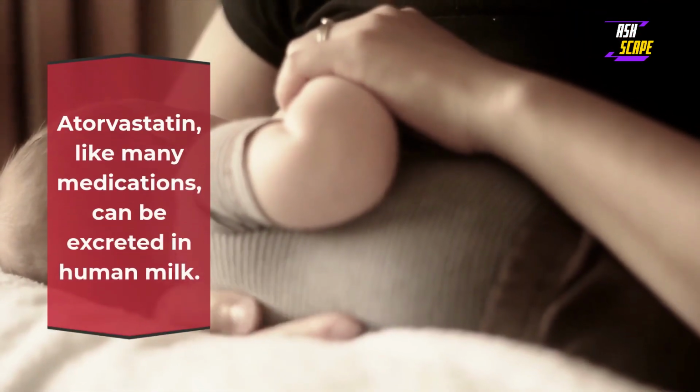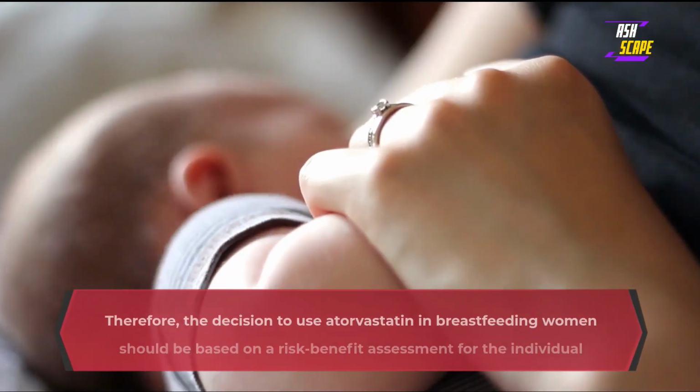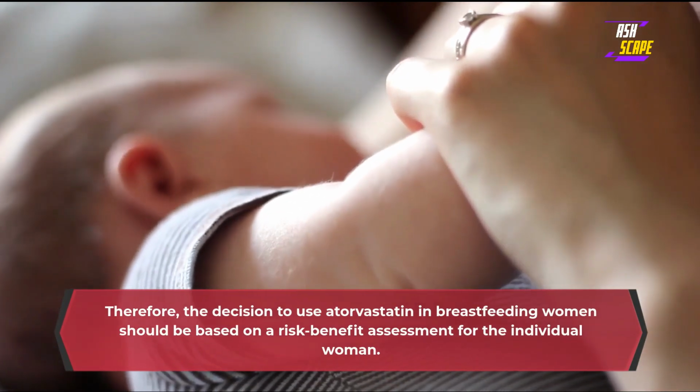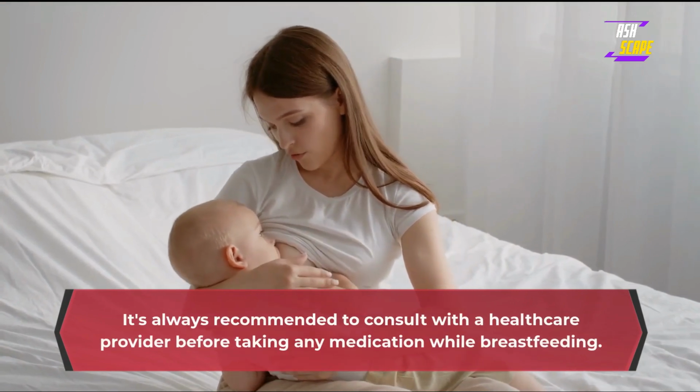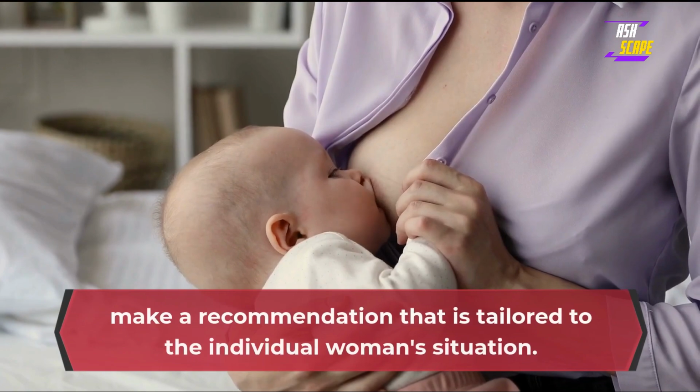Atorvastatin, like many medications, can be excreted in human milk. Therefore, the decision to use atorvastatin in breastfeeding women should be based on a risk-benefit assessment for the individual woman. It's always recommended to consult with a healthcare provider before taking any medication while breastfeeding. They will be able to evaluate the potential benefits and risks and make a recommendation that is tailored to the